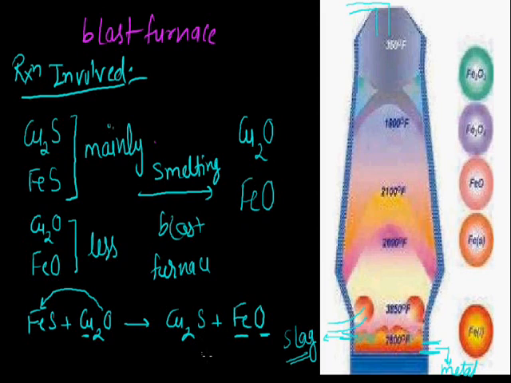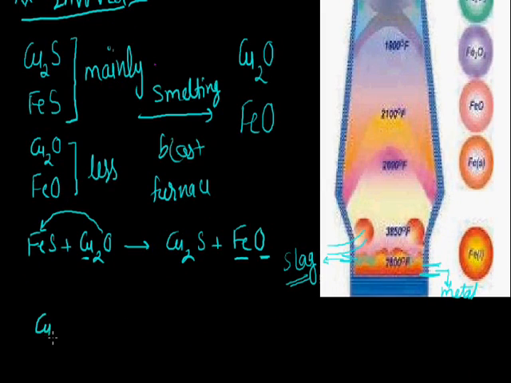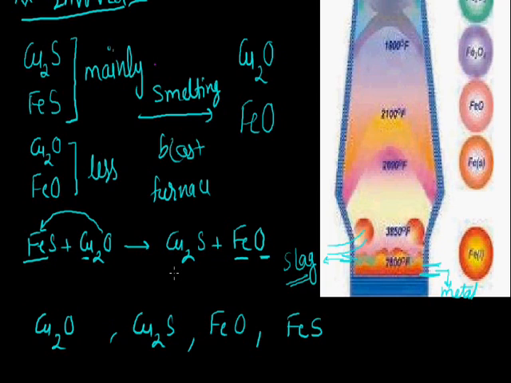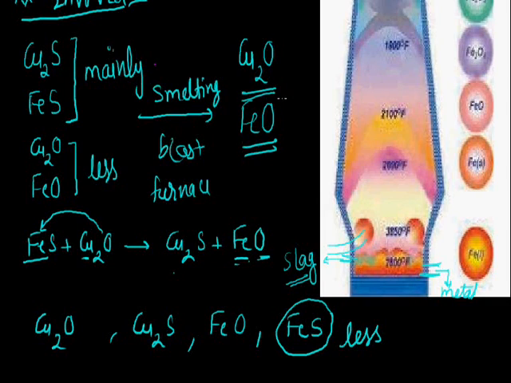So after this process overall we get cuprous oxide, cuprous sulfide, ferrous oxide and some amount of ferrous sulfide, because ferrous sulfide is converted into ferrous oxide, so we get less amount of ferrous sulfide. Overall we get cuprous oxide, ferrous oxide and cuprous sulfide. So more amount of copper oxide, ferrous oxide and cuprous sulfide and less amount of ferrous sulfide is present there, and